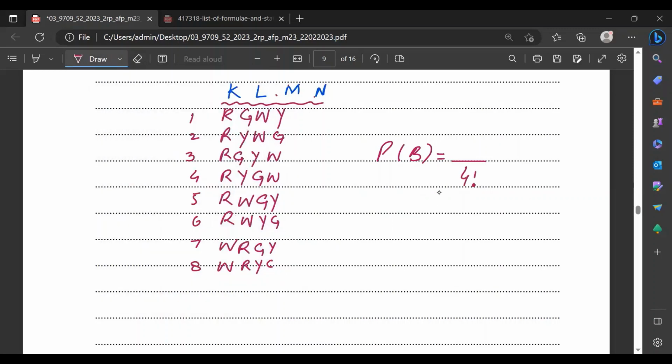For probability we write the total outcomes, and there are 8 in our favor. The probability of B is equal to 8 over 24, and the probability of B is equal to 1 over 3. Probability is 1 over 3. The next is